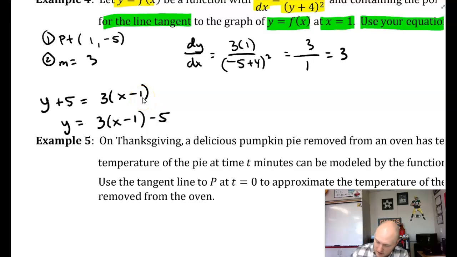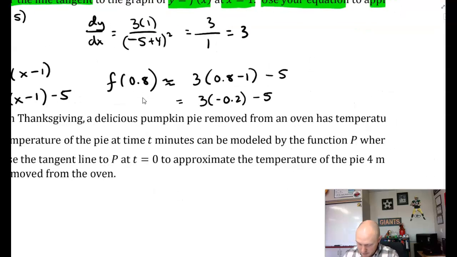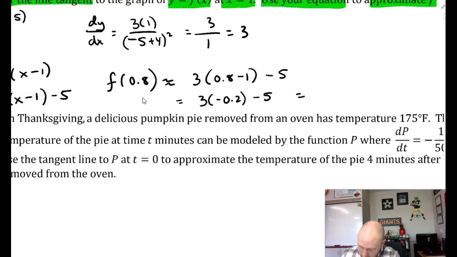So let's go ahead. They want us to approximate f of 0.8. So that is approximately 3 times (0.8 minus 1) minus 5. And this is going to be equal to 3 times -0.2 minus 5. So we get -0.6 minus 5, which is equal to